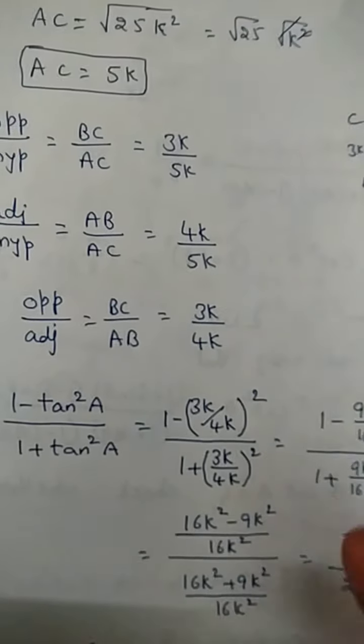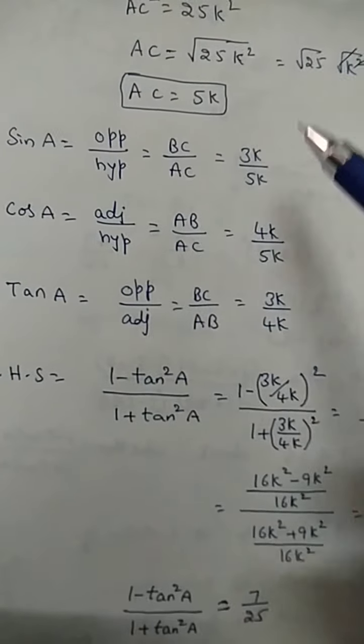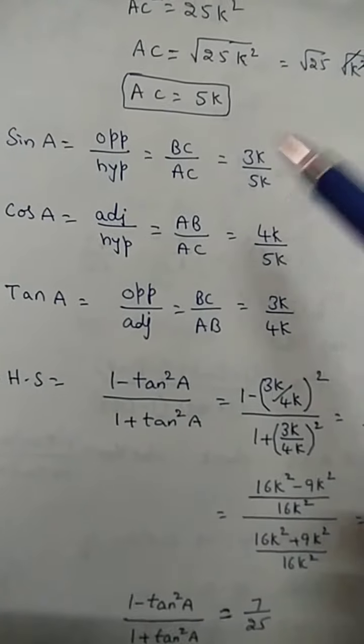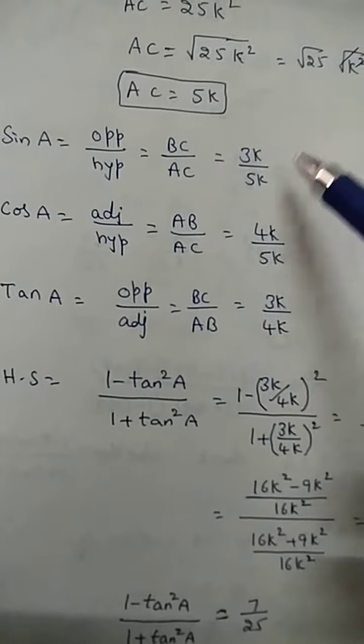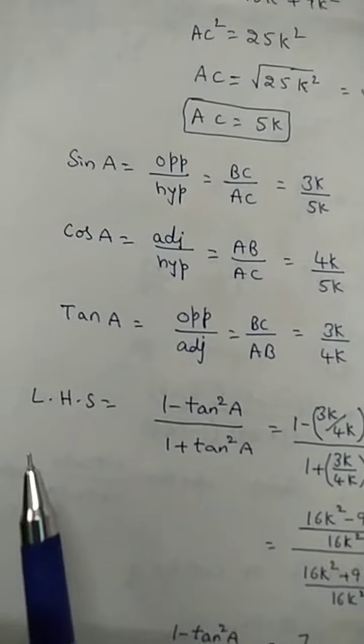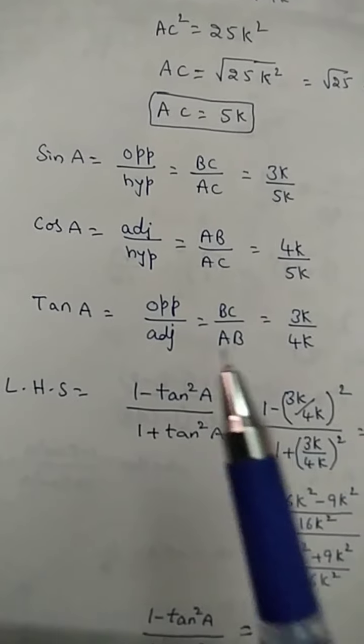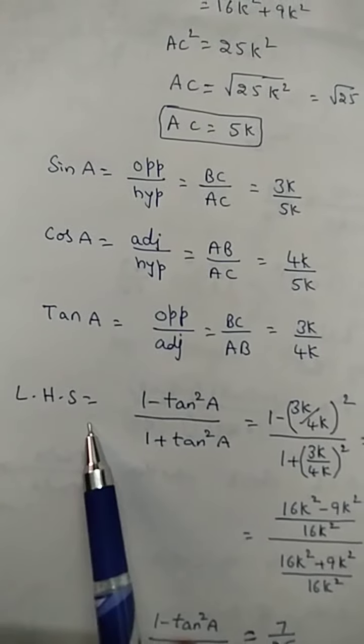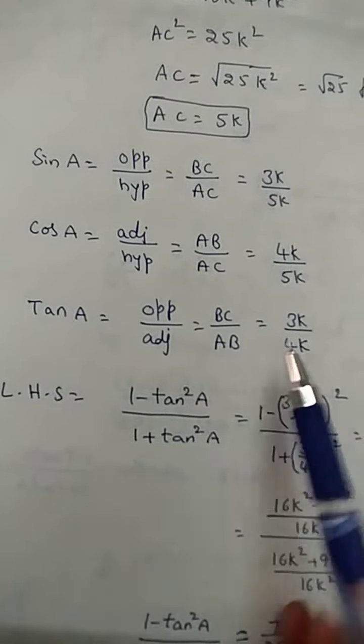So here you can continue this as 3 by 5, 4 by 5, 3 by 4. No problem at all. But we took it as a continuation, so we can't simplify it in that place only. You can simplify it as 3 by 5, 4 by 5, 3 by 4, no problem at all. Then coming to what we verify here, the LHS value in that mathematical statement is 1 minus tan square A by 1 plus tan square A, the same as what they gave in the question. Is it equal to this or not, that is the question.